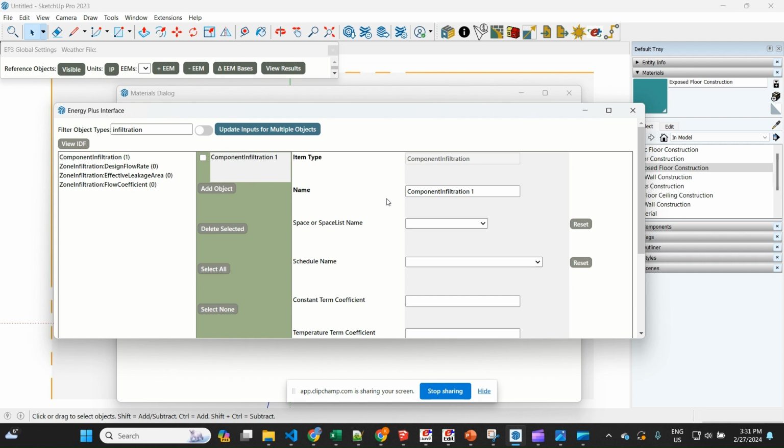The old surfaces may be quite leaky and the new surfaces might be very, very tight. So instead of trying to figure out exactly what the infiltration is in each space, you can simply draw the boundary between the old construction type and the new construction type and assign a leakage per area for each construction type. And this component infiltration will create those custom infiltration